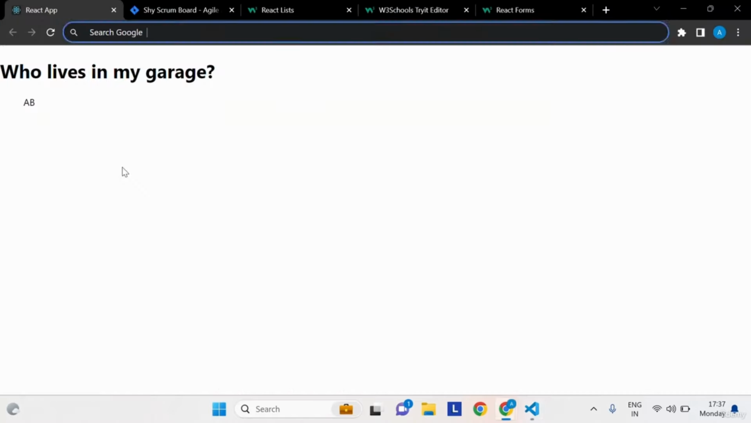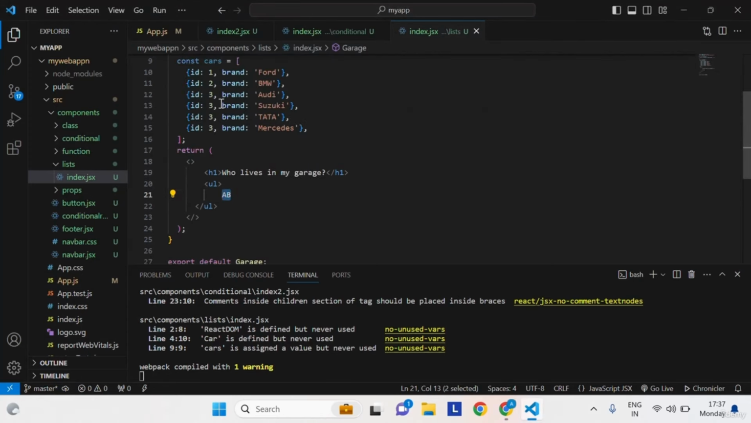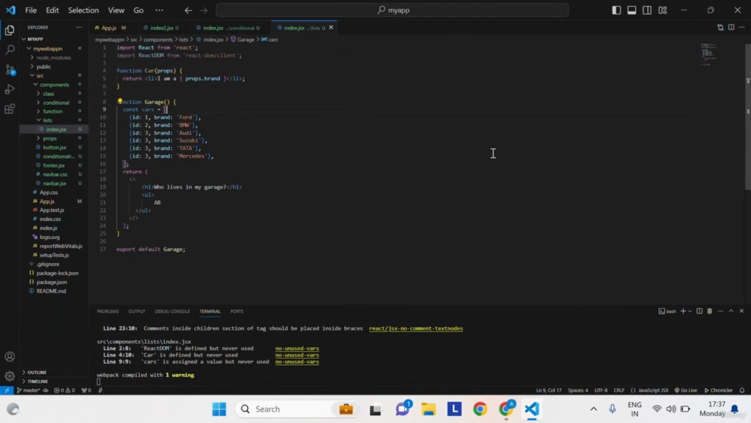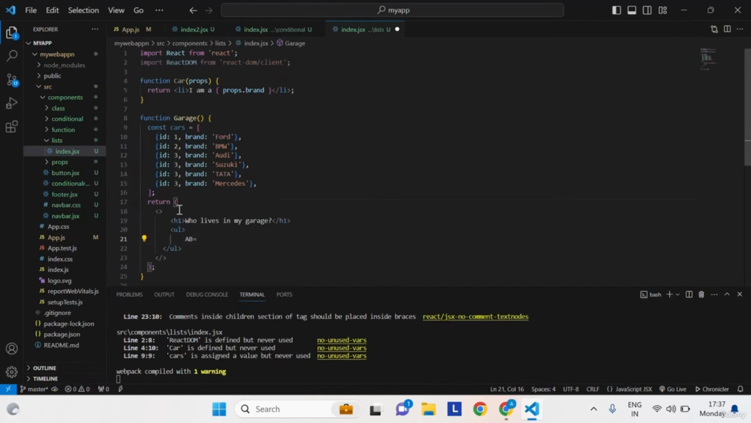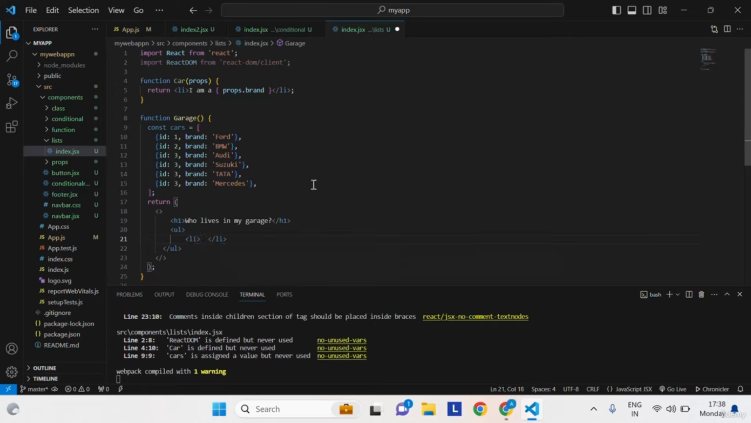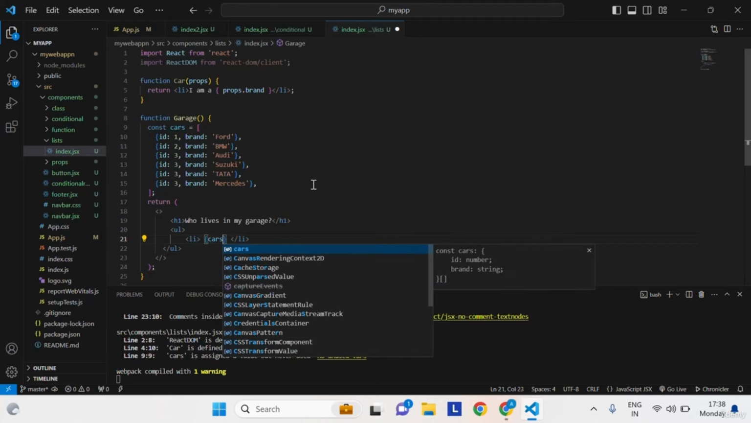Yes, who lives in the garage? Let's render this car data dynamically. As you can see, first I will take an unordered list. In this unordered list there will be the list of items. For these list items, I will use the cars.map